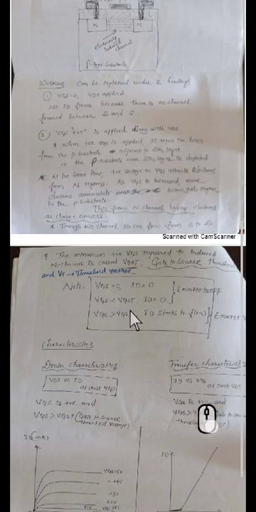VGS less than VGST, meaning the minimum gate source threshold voltage required to create a channel here, which I was explaining previously. Whatever positive VGS you are applying, if it is less than that, current will be 0. If you apply VGS equal to VGST or greater than VGST, only then does ID start to flow. At that time you can say the MOSFET is on, otherwise the MOSFET is off.